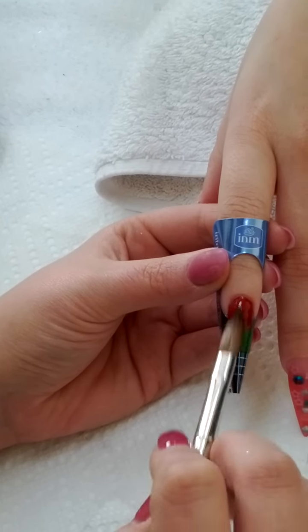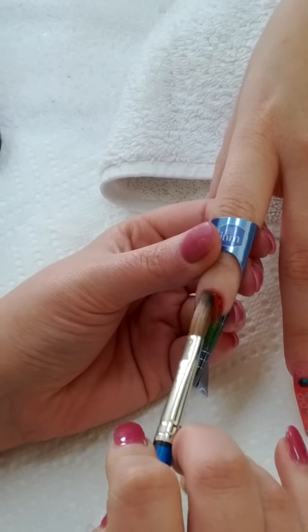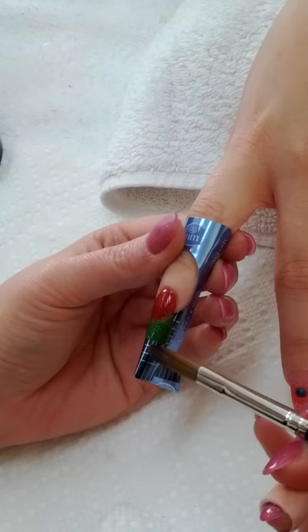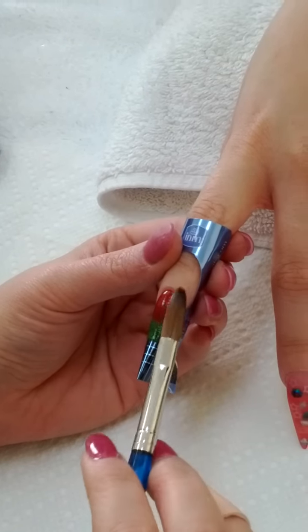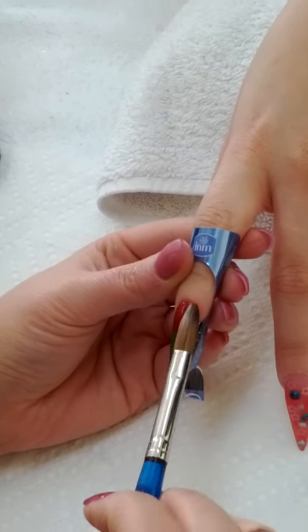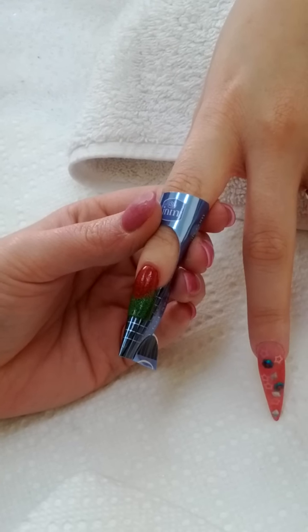Okay, this is a feathering motion. Okay, just gonna feather that out. It's drying a little bit here, so I'm gonna use more pressure. Just gonna pull it out so you can see where they're meeting. Okay, that's not really considered a blend because you can see the red line and you can see the green line. Okay, so what I'm gonna do is take another little bit of green,